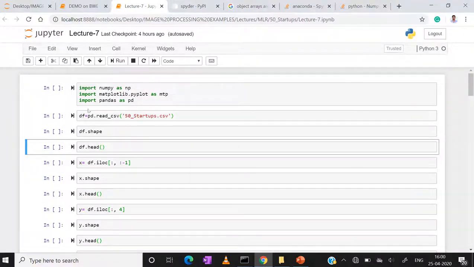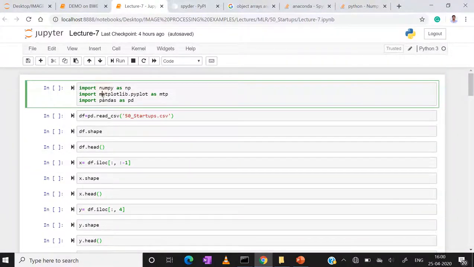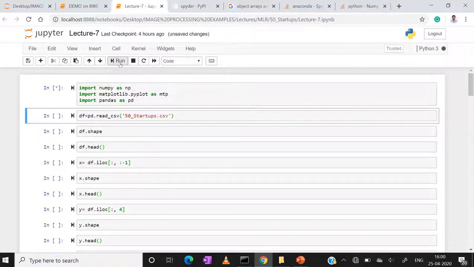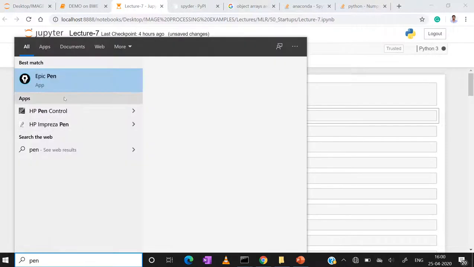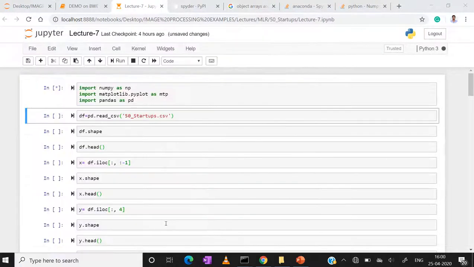I am taking some libraries. What are the basic libraries you need? The basic libraries are NumPy, Matplotlib, and Pandas.